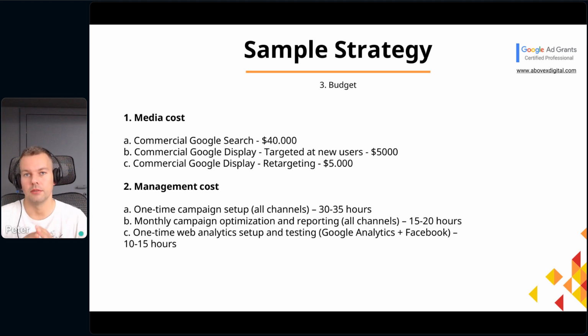And the third step was budget, right? Obviously, you can use ad grants, which if you use ad grants, you don't have to have any budget, technically speaking. But like I said before, ad grants has many different limitations, which means that they shouldn't be the only channel used in the strategy. And if you use any other channel like Google search, retargeting, display, etc., social media, any other channel, you need to have budget because this media space needs to be purchased.